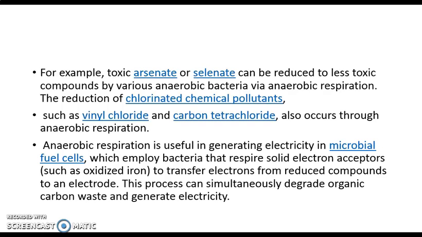Then anaerobic respiration is also useful in generating what? Electricity in microbial fuel cells, which employ bacteria that respire soil